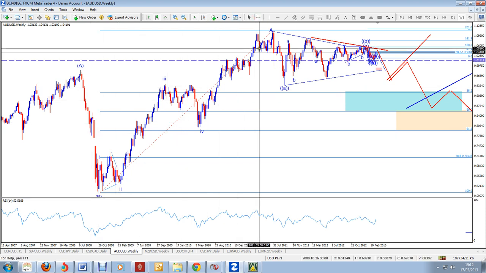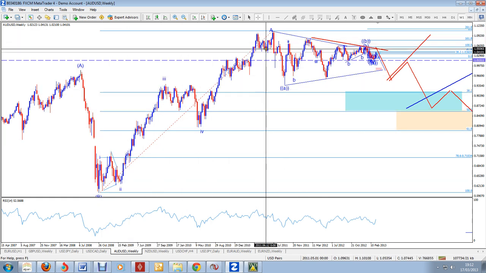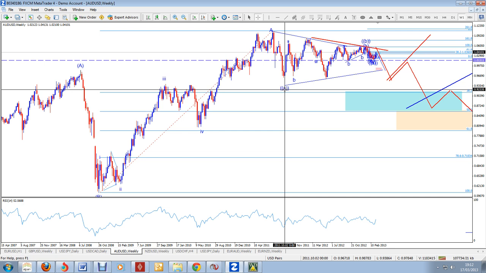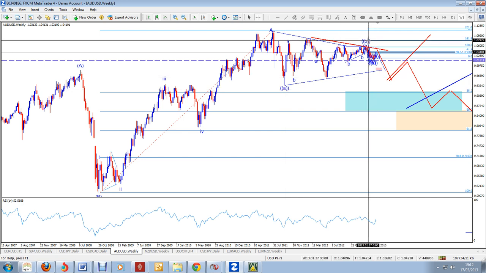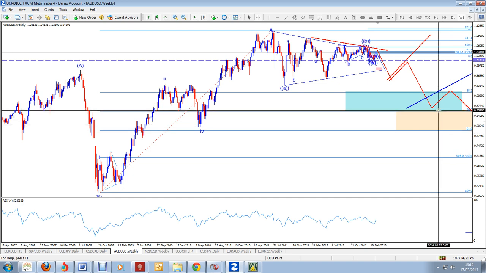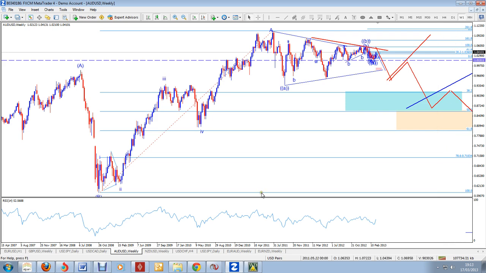for example we've got this as a possible 5-wave move up as an A, and then this one as a minor A in double bracket, minor B in double bracket, and we're looking for minor C in double bracket, which could bring us to 85 or a little bit lower down to around 79 area before continuing higher.